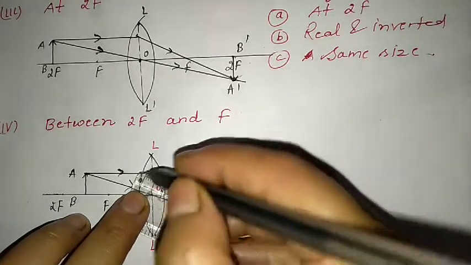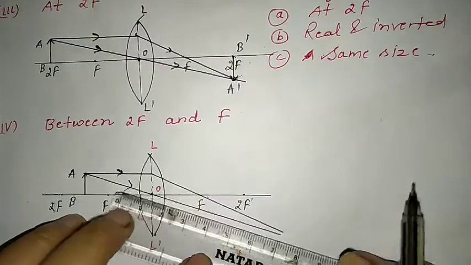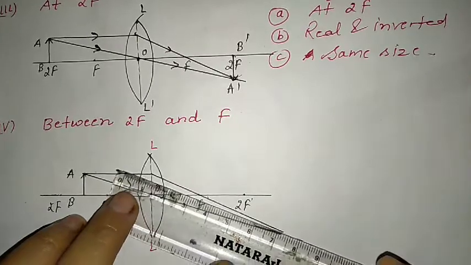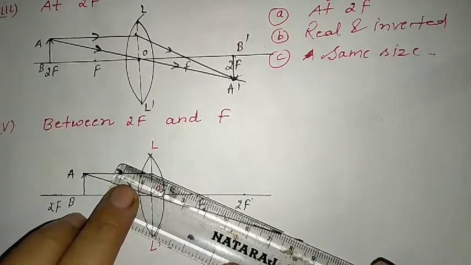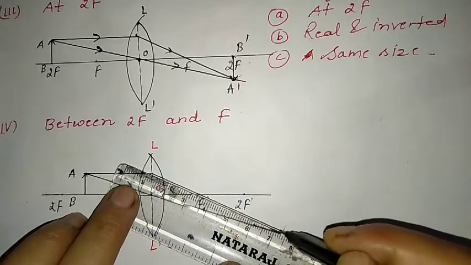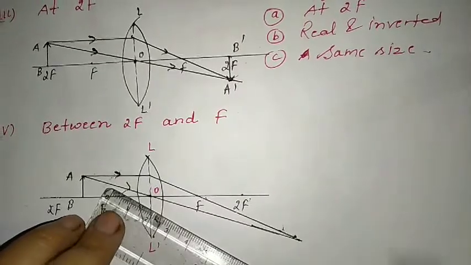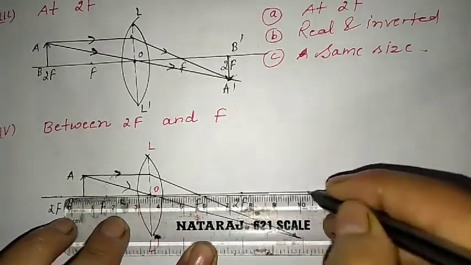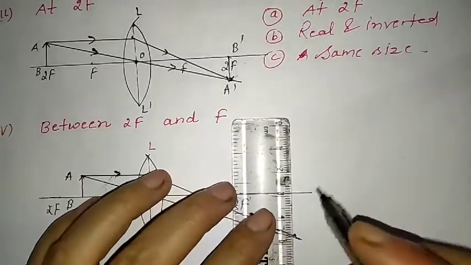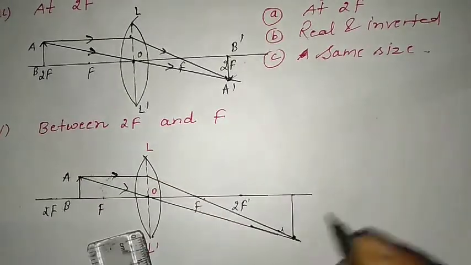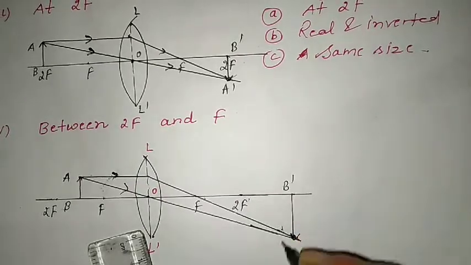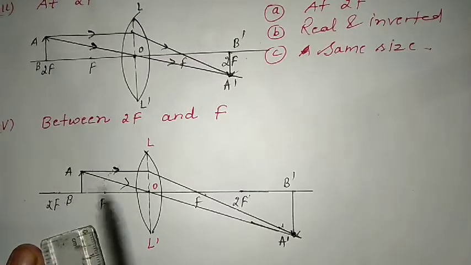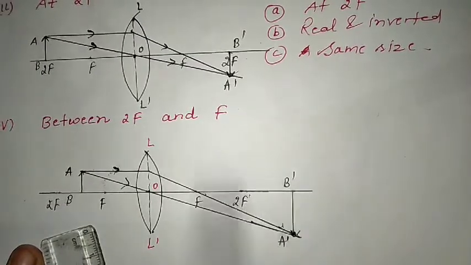It will pass through the focus. So I have to extend this ray so they can intersect each other like this. So where the rays will meet each other, they will meet beyond 2f. Beyond 2f. This is B dash, this is A dash. So you can see here the image is bigger than the object, where it is formed beyond 2f, real and